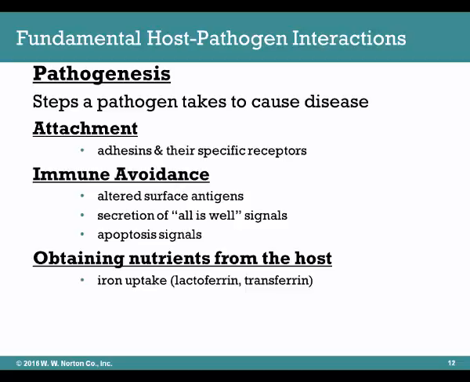Pathogenesis is what we'll study later in more detail in the semester, but it's really the pathway that a pathogen takes, the steps it takes to cause disease. Microbiologists have defined these steps in the order that they must occur, and we've found that all pathogens take them. So there has to be first attachment before disease can be caused,